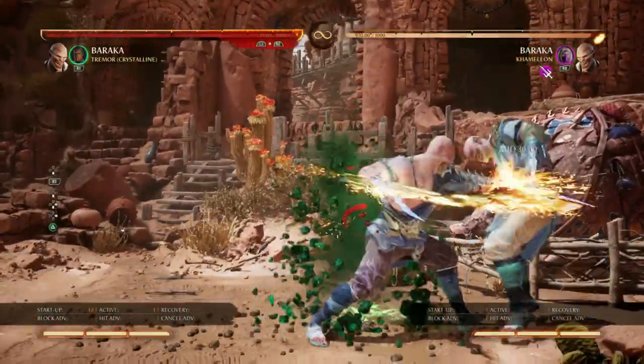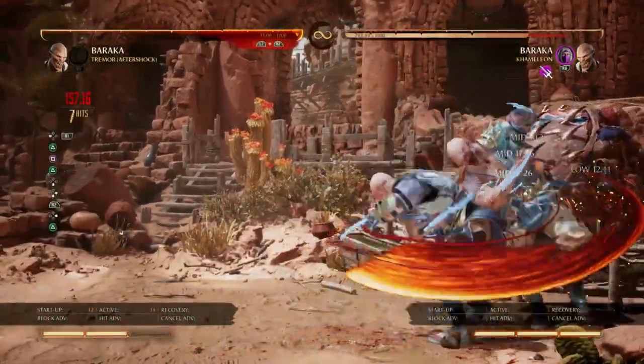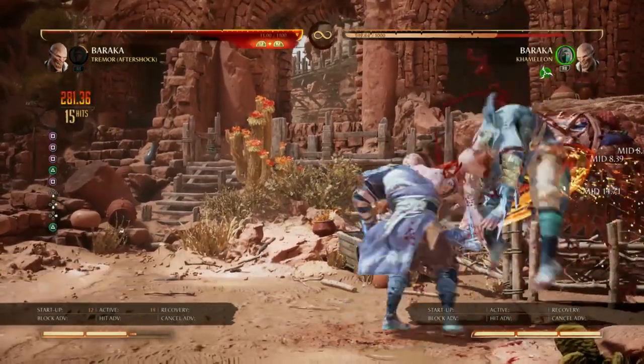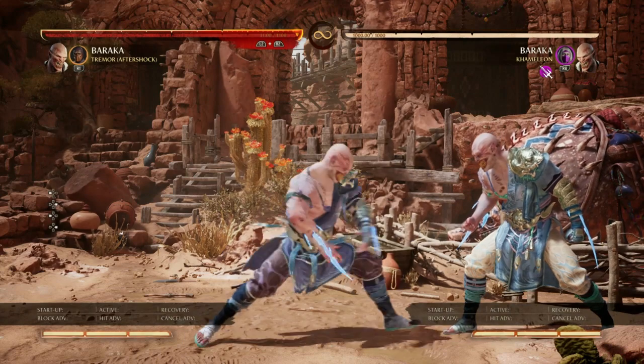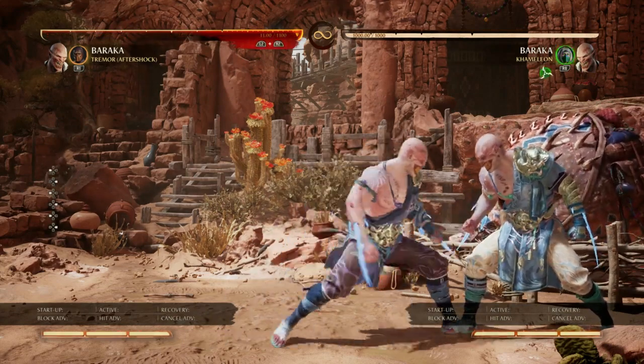Okay, wait. No? And that's a low overhead that they have to guess. Instead of wasting your bar on a few more percent, you could just waste it on a setup. And